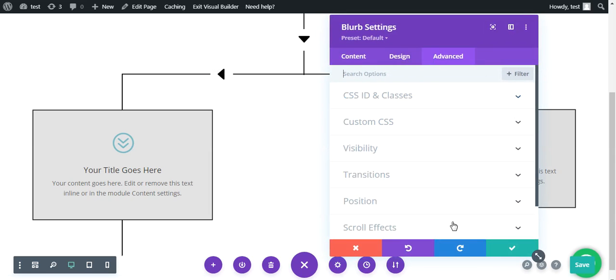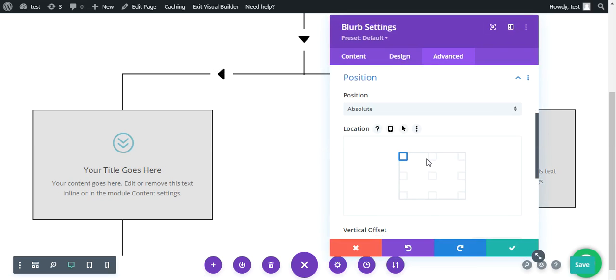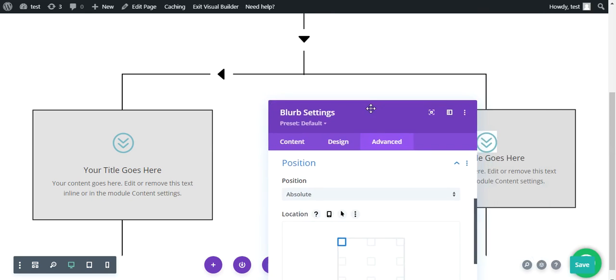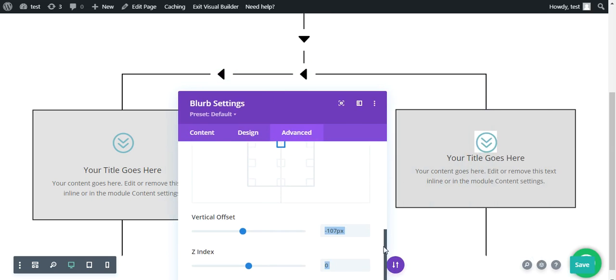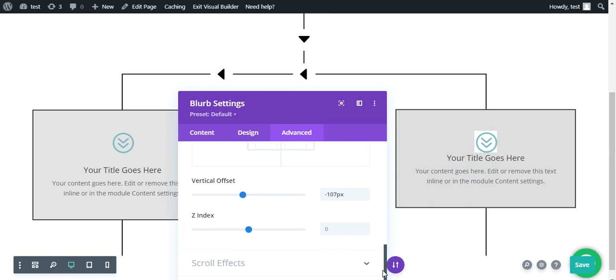Now use the position, change the position of it. Now you got this. Now we can use vertical offset, sorry, horizontal offset.